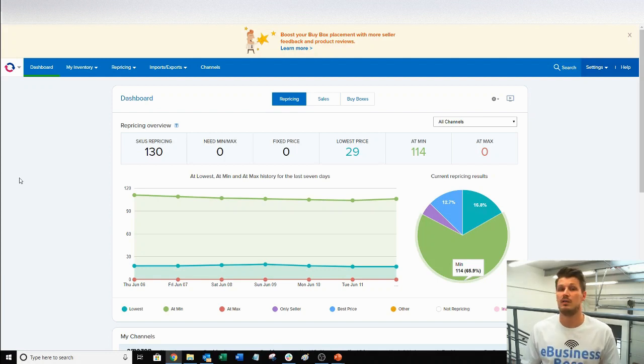We have two RepricerExpress accounts. One for when we first started online arbitrage, or should I say when we first started using RepricerExpress, and we were very much in our infancy with online arbitrage. Once we got the hang of it about 3 or 4 months later, we had a lot of deadwood in this account.